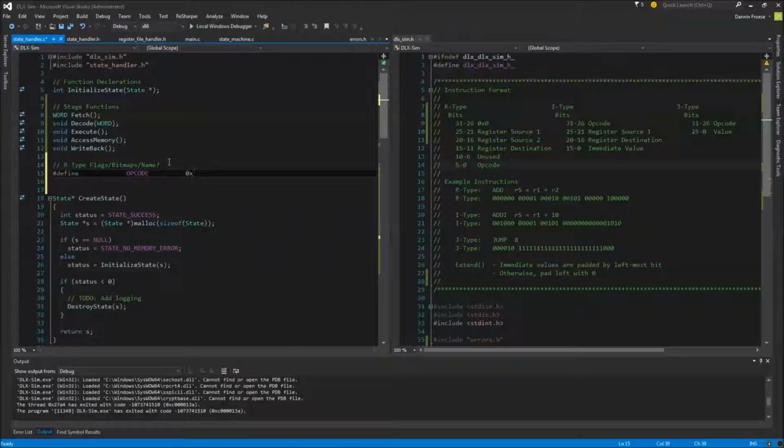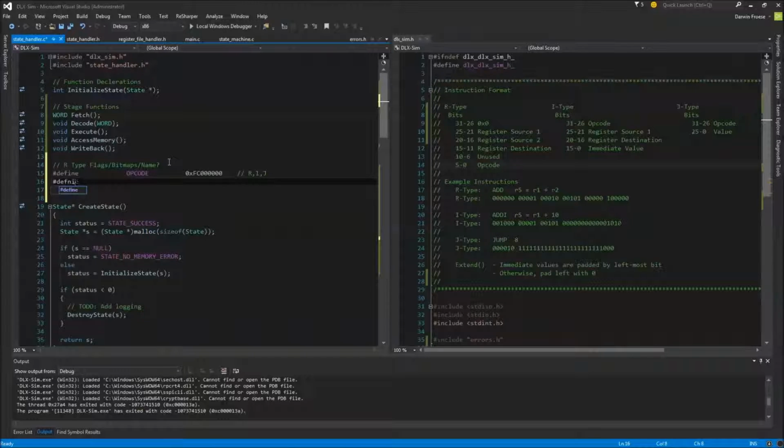And it's going to be 0xFC, not FD or FB, whatever I'd written before. It's FC 1, 2, 3, 4, 5, 6, 7, 6. Okay, so that would be the first 6 bits. So this is for R, I, J,